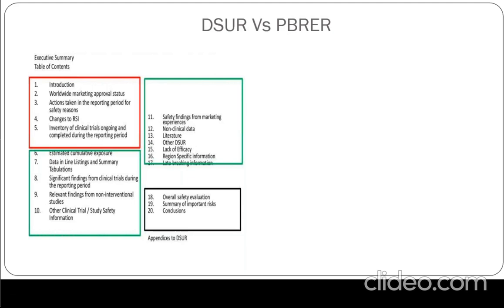There was also the US IND annual report, which was more of a progress report of a clinical program and used to include SAEs and AEs, even the AEs that led to withdrawal, and even the expedited safety reports. The IND report only used to cover US-based clinical studies, whereas in the DSUR that's not the case. It is comprehensive and it is modular.